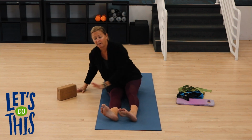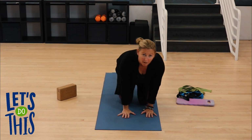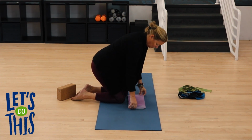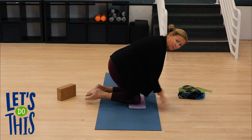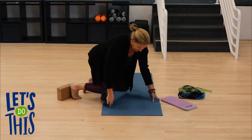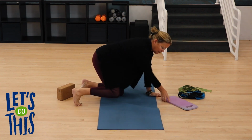Now we're going to take us to hands and knees. So a couple things we do from hands and knees, say to the side. Swing your feet around and walk around. Then it turns sideways so you can see my body. This is our knee pad, extra cushion that way. Another option, put your mat, an extra cushion this way. We'll start off first with